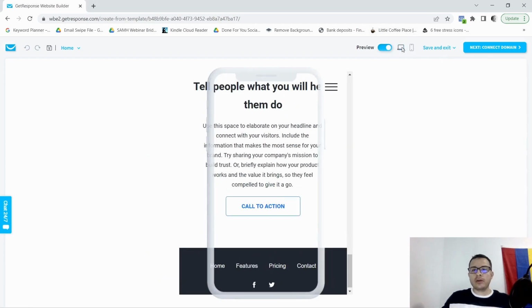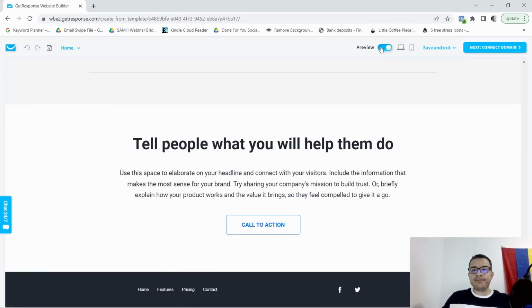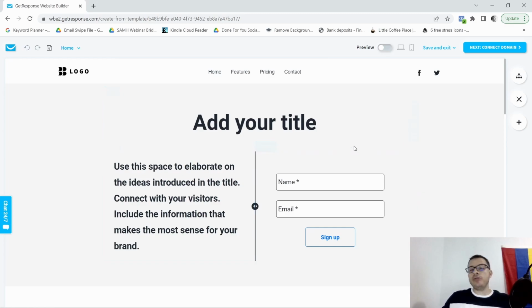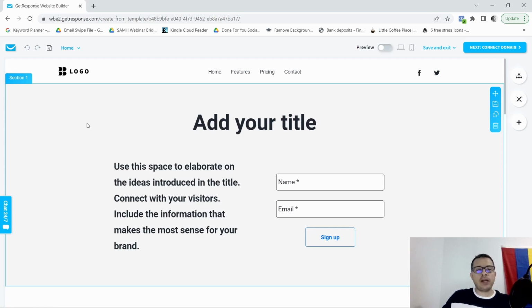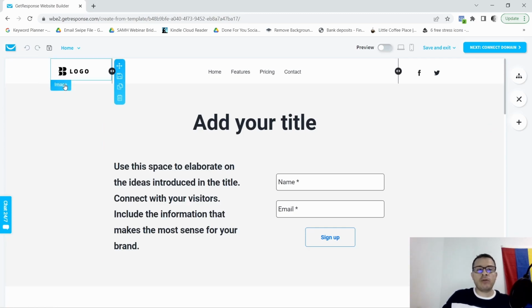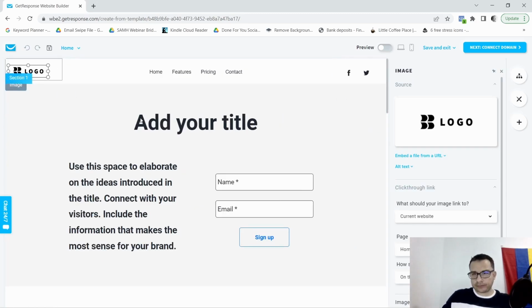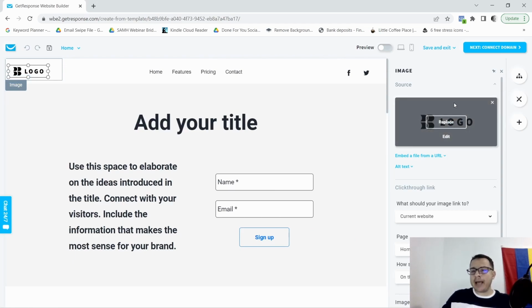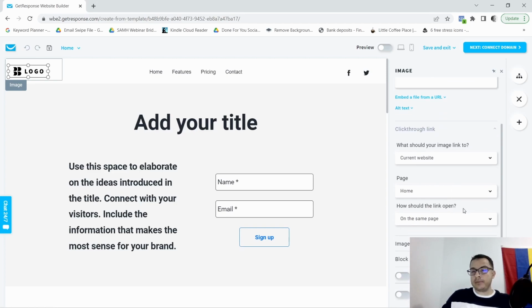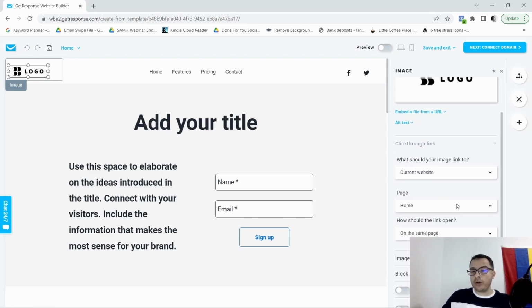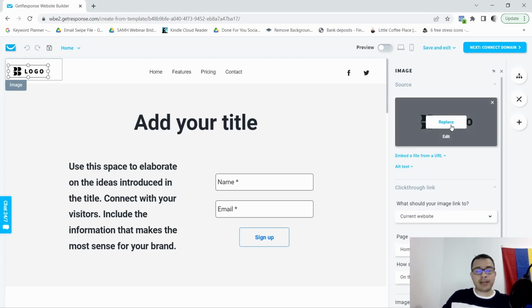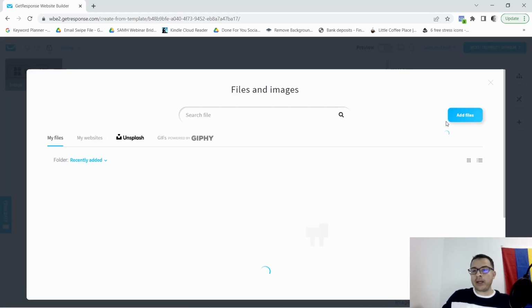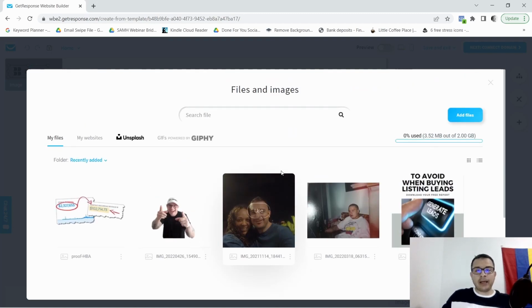So right here, going back to our desktop, I want to go ahead and show you how you would go about it, and it's really simple. For example, if you wanted to add a logo, you simply click on here, and as you can see, right here on the right hand side, you're able to see everything that you can do for your logo section. So for example, if I want to replace that logo that they have there, all I would do is click here, and let me see,